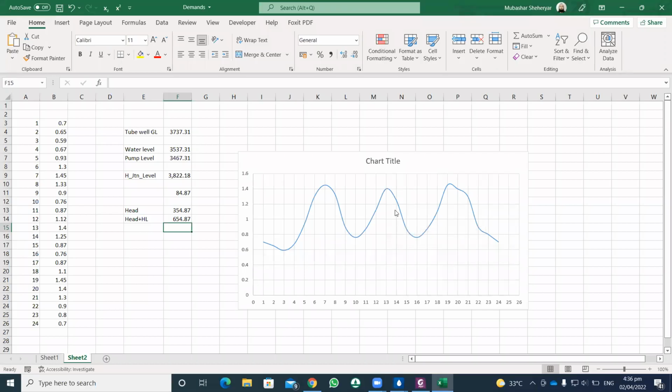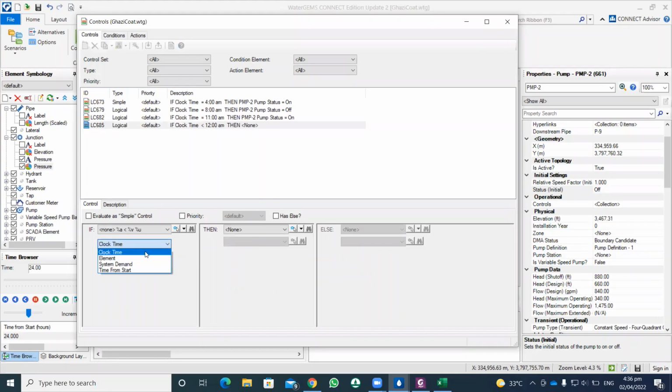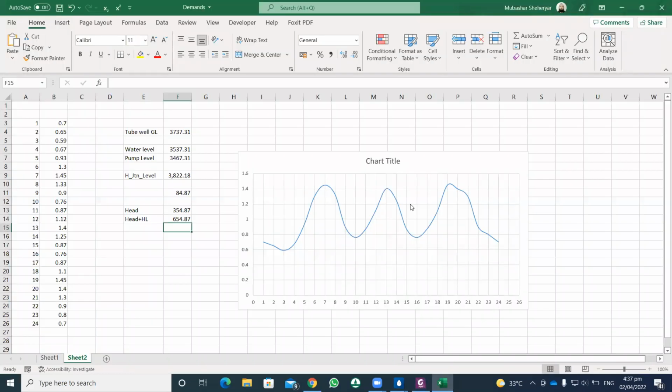And I want to give another condition that if the time reaches 2 p.m., or 14 hours, the pump should be off. I add another condition, clock time equals 2 p.m. When the time equals 2 p.m., the pump should be off, and from here, when the